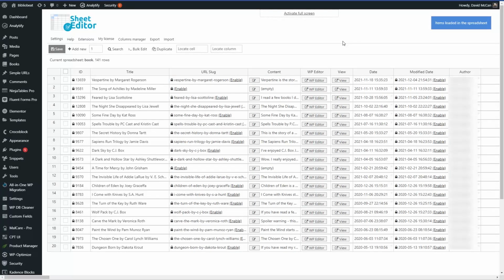And so what I did is I had recently purchased WP Sheet Editor, and I thought this would be a great place to give it a try. This is like your slimmed-down Excel type of view of your data. And you can go in and edit individual rows and things like that. But I had a lot of records, and I didn't want to go down and edit each row individually. But what I did instead